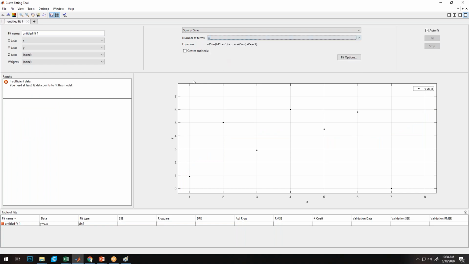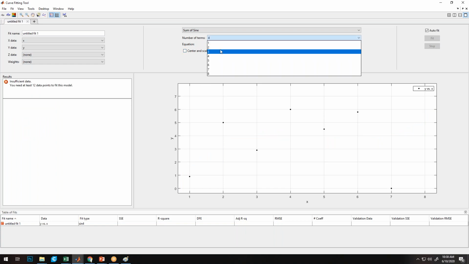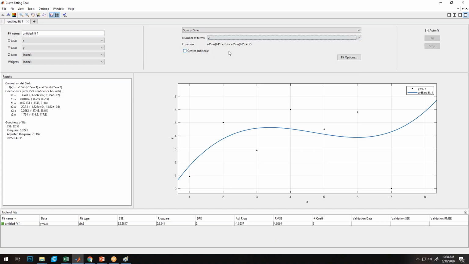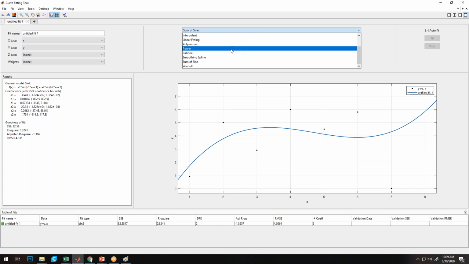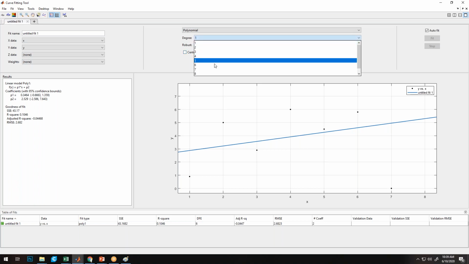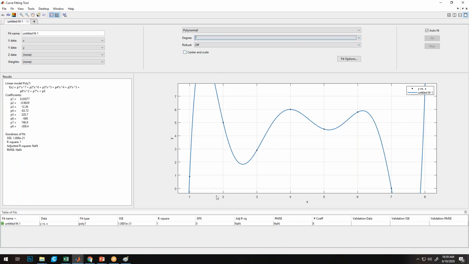As you increase the degree, it will improve, but I cannot take more than 2 here because the number of data points I have is very few. If we compare with the polynomial, we know that if we have 8 data points, then a degree of 8 minus 1 will fit 100% to the experimental data. So if I take the polynomial of 7, it will fit accurately on all the points, and in the R square you can see it is giving you 100% fit accuracy.